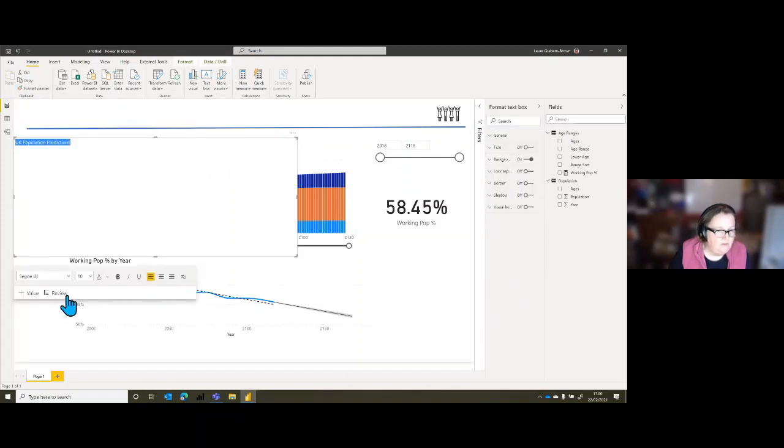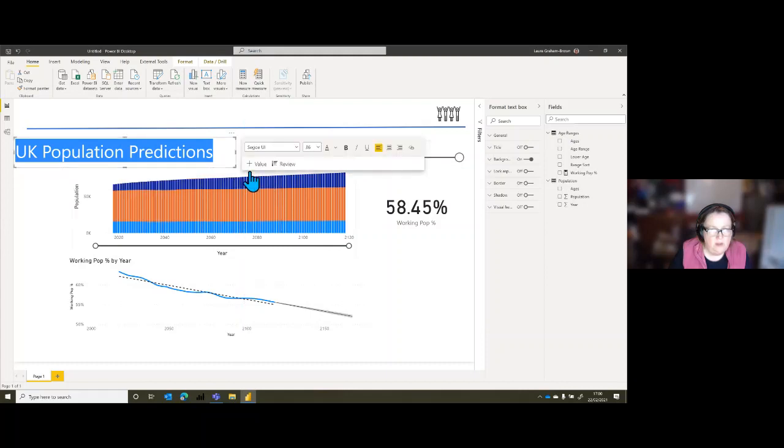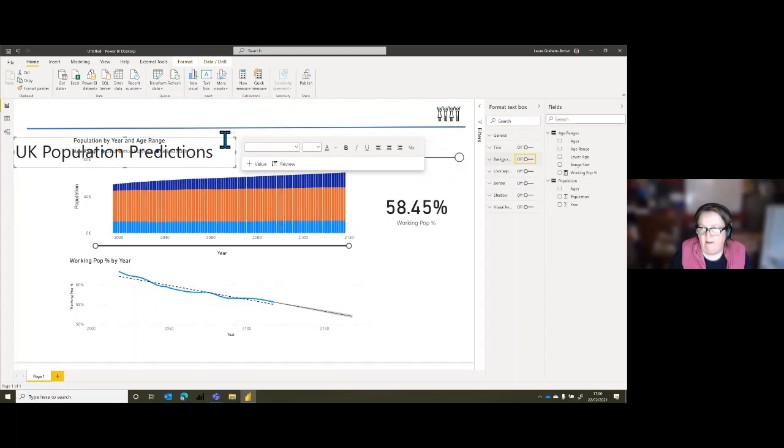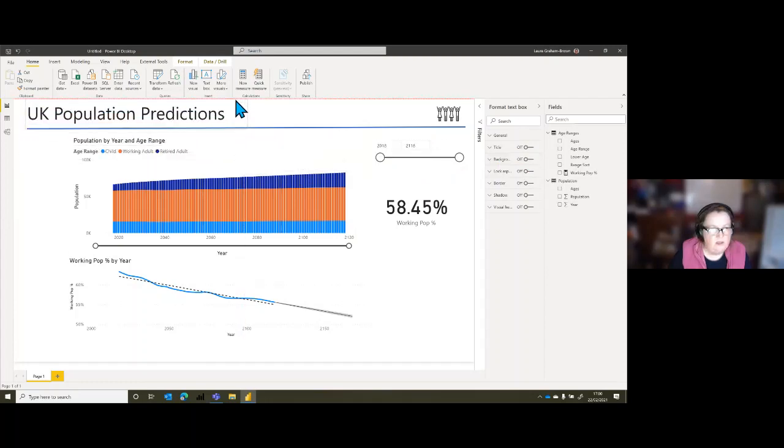So I'm making a title for my page, and I'm going to put the text up a bit. Okay, that'll do. I'm going to turn its background off so I don't need to worry about it, and then move it to the top of my page.